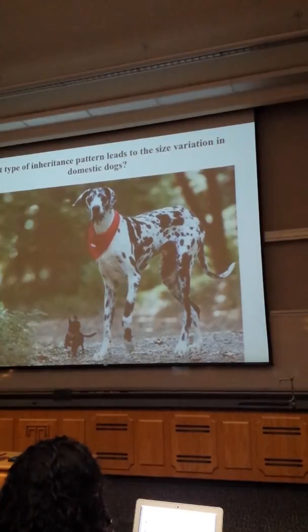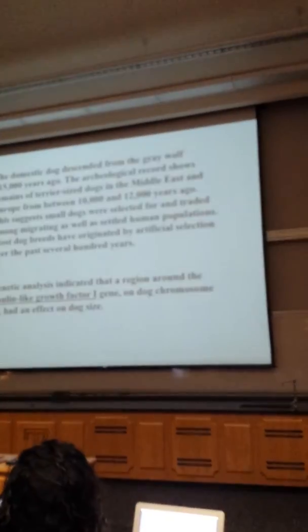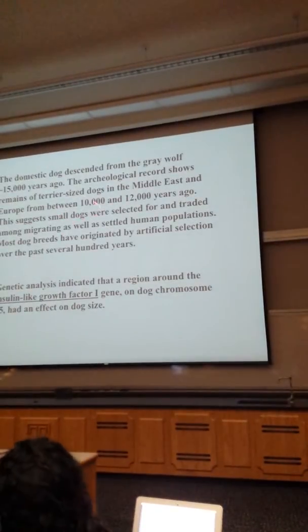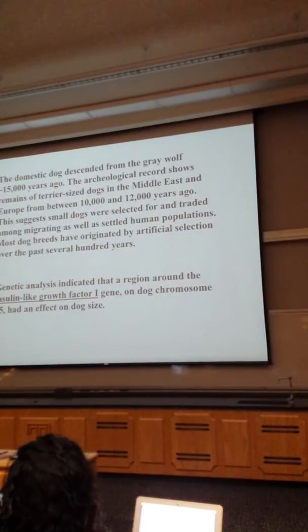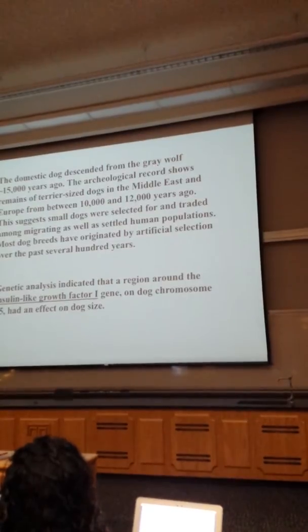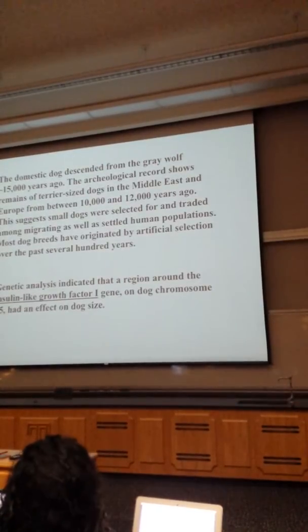Who doesn't like a little lap dog, right? Okay, so it was artificial selection that resulted in the appearance of terrier-sized dogs not long after the first domestic dogs came from the gray wolf. And this happened in China. This actually happened in China. And so, based on these observations,